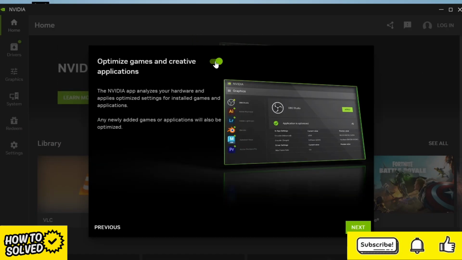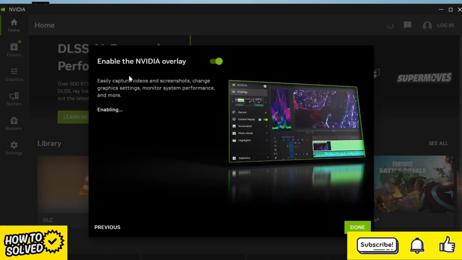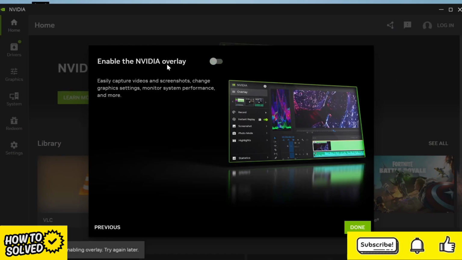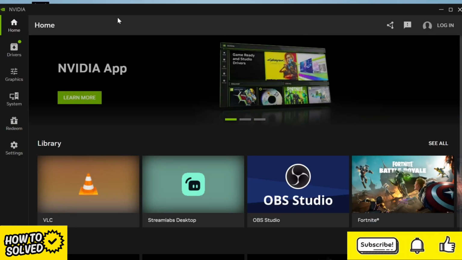We need to disable this option, Optimize Games and Creative Applications, by pressing this toggle button. Come down to Next. Then you can choose to enable or disable the NVIDIA overlay. I'm going to keep mine disabled. Press on Done. And then finally, once we're inside of the NVIDIA app, head over to Drivers in this left-hand